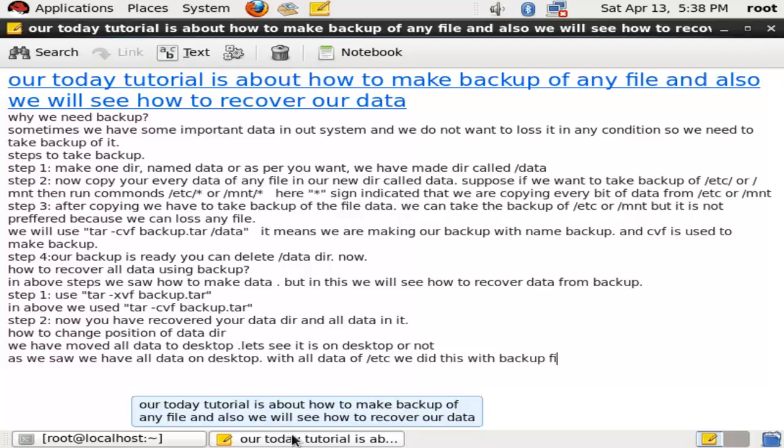We did this on the desktop with the backup file, so you can take your backup file and go anywhere and recover your data. It doesn't matter whether you are here or anywhere else. Congratulations, you learned today how to make a backup and recover a backup.